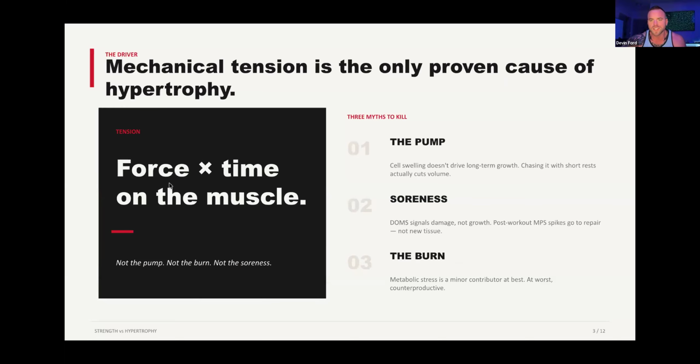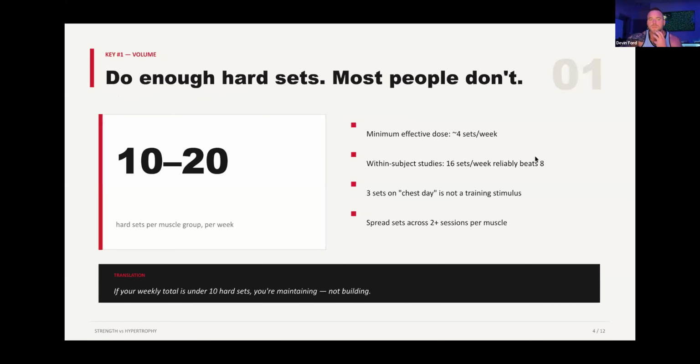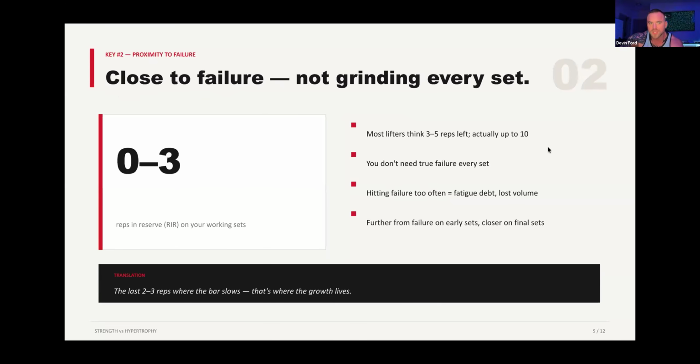I have to say this again. The pump, soreness, the burn, all that stuff means nothing. That does not do anything for muscle. Really take that in, because these are the things that we feel, and so we think that those things are going to mean something. They don't. What means something is getting 10 to 20 sets per muscle group,